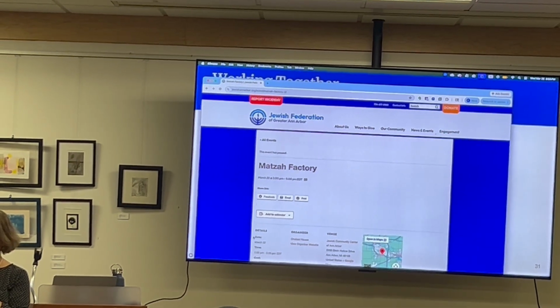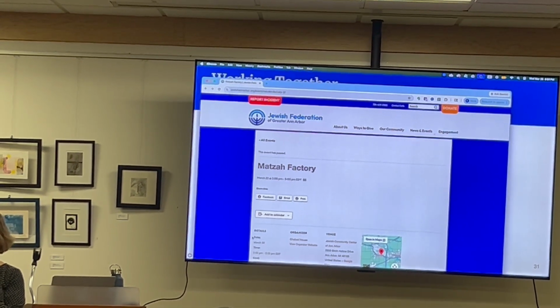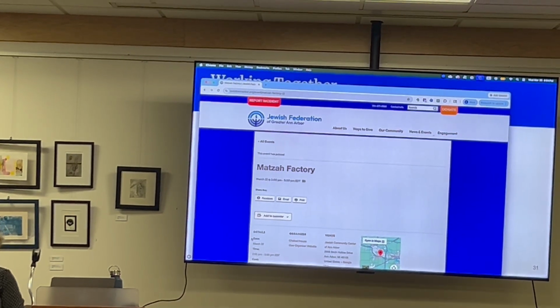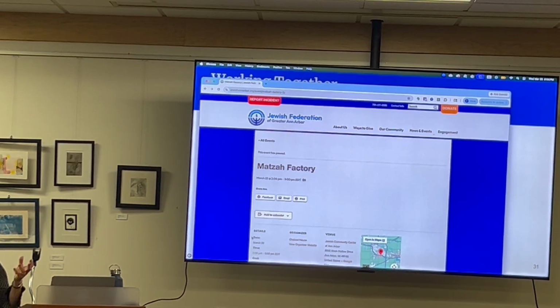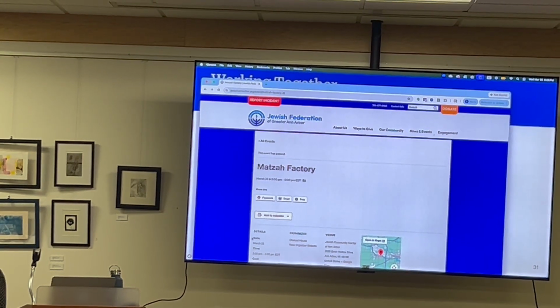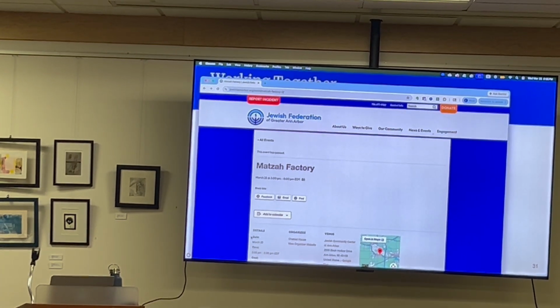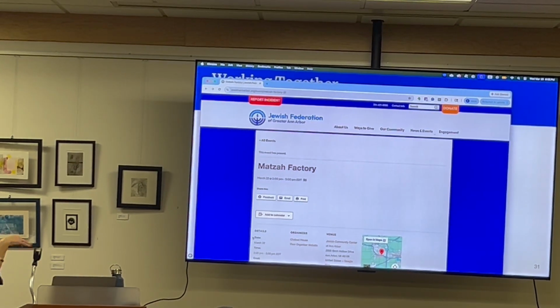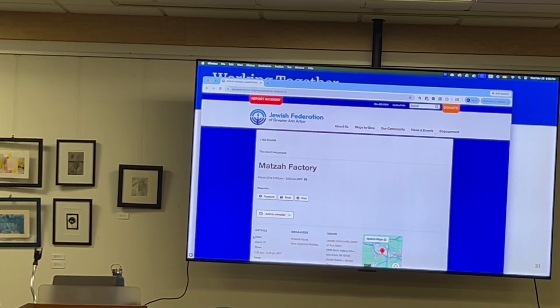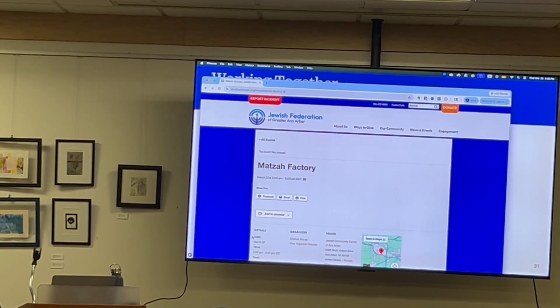The remedy for that is to actually put a description of what your event is about. That's right, or put your flyer up. But again, it's supposed to seamlessly go with JLive, and we are still working on this. It will put in the calendar entry, but it won't necessarily make it all look pretty. So if you want to make the extra step of making it look pretty, that's great.